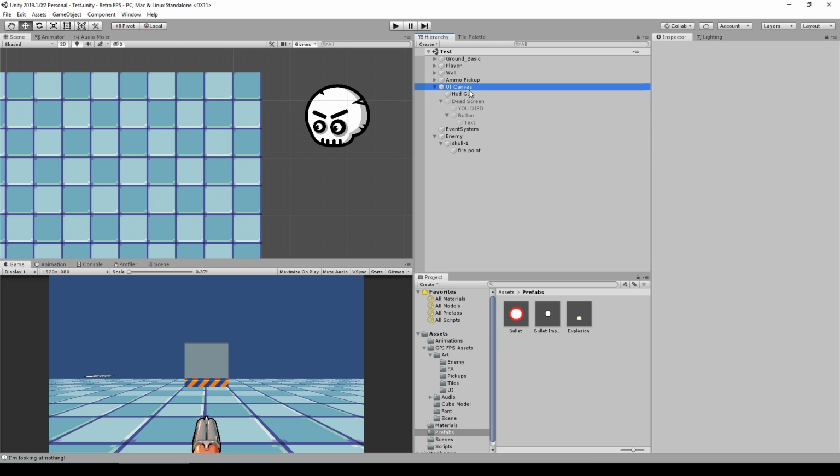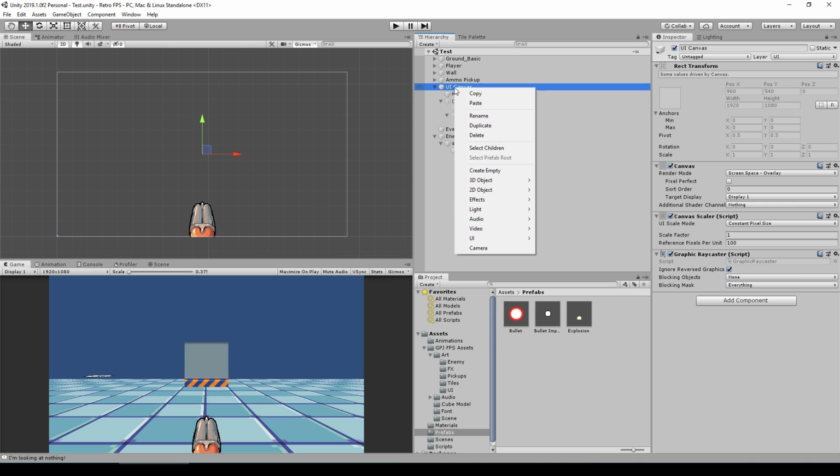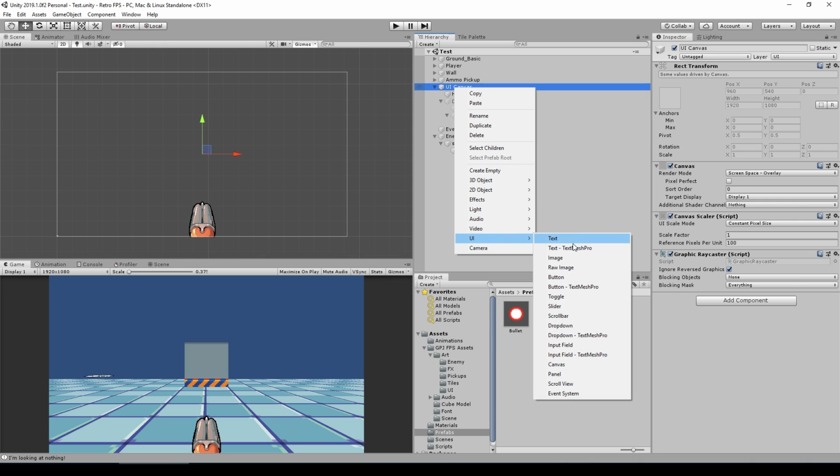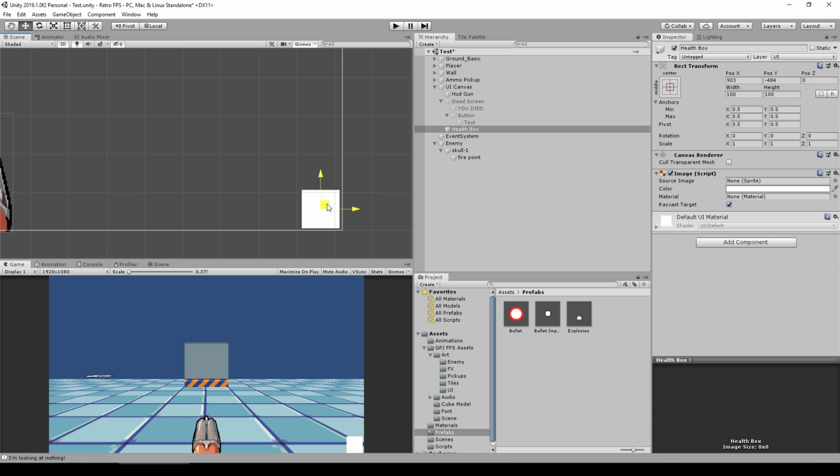So first thing I'm going to do is go to my UI canvas. I'm going to double click on it so we can see it a bit better. Then I'm going to right click. I'm going to create a UI image that we'll call health box, and I'm going to drag this down into the bottom corner here. We can set it in the corner or just slightly above the corner. We'll go outside the corner a tiny little bit,